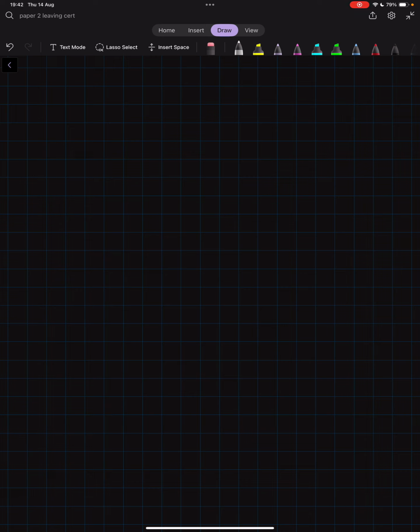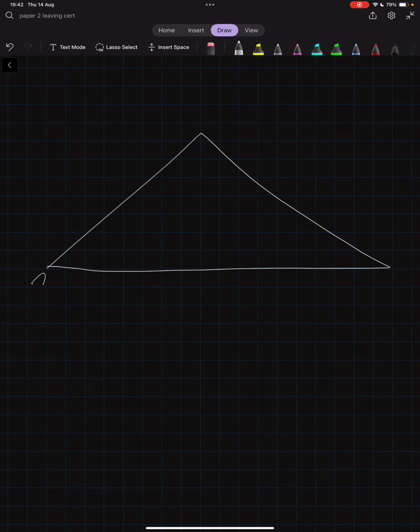All right, so let's do the circumcenter and circumcircle of this triangle. So just any random triangle like this. So that's A, that's B, and that's C. So the very first thing that you want to do is you want to construct the perpendicular bisectors of all these little lines, okay? So very first thing, I'll go with A